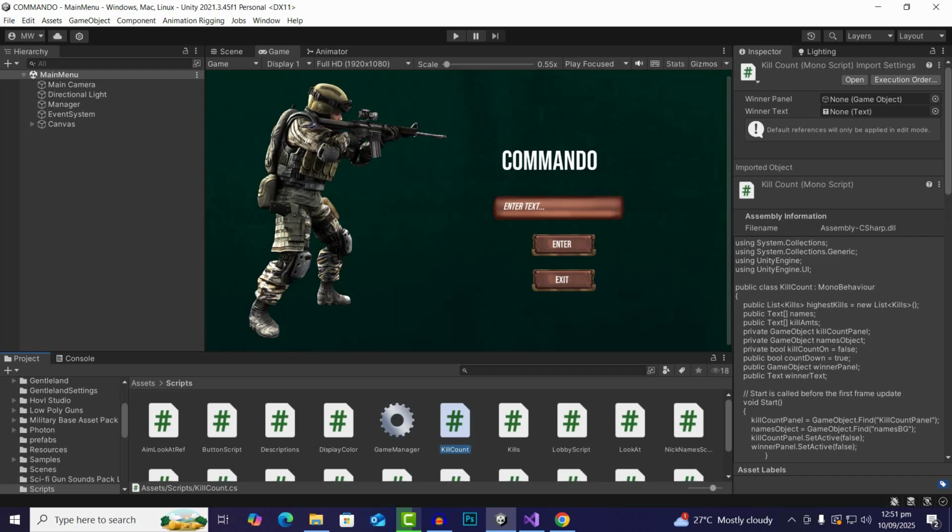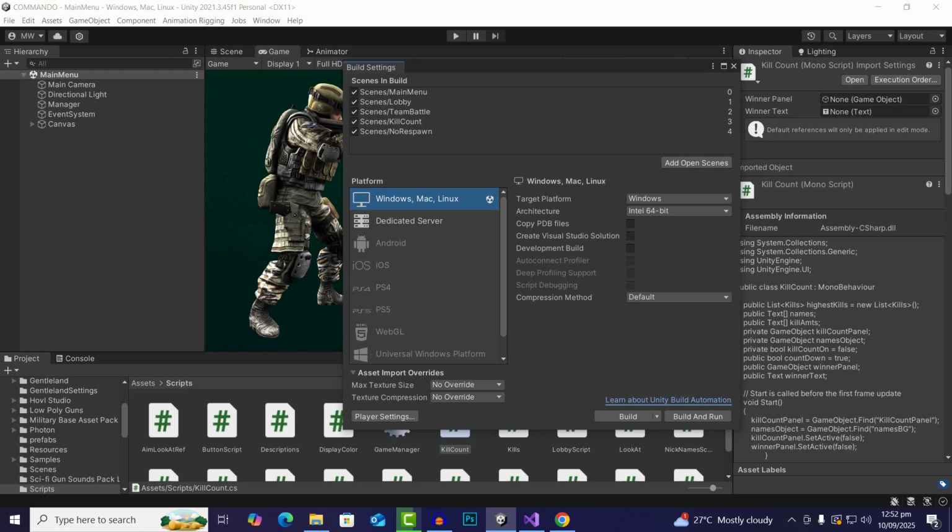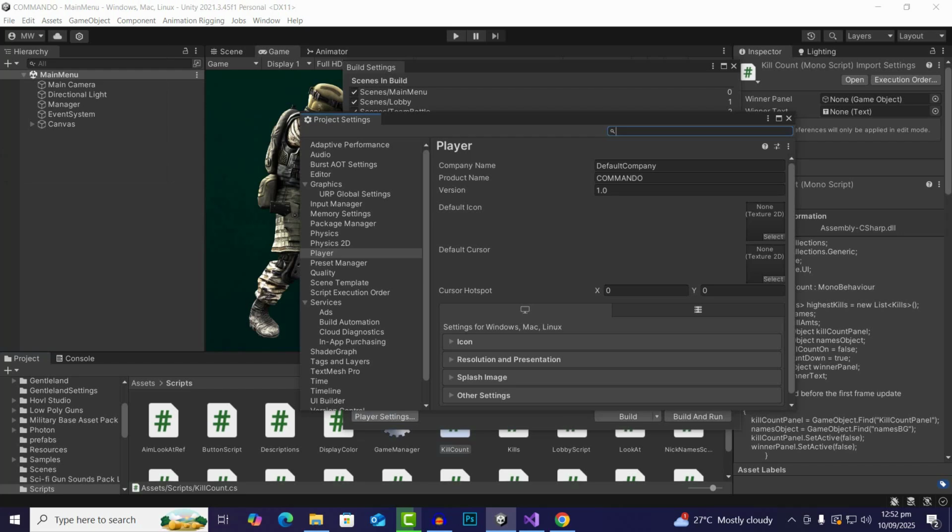In this video we are going to build the game, and for building the game you know the process. We can go to File, Build Settings, and then here we will add the scenes, and then we can go to Player Settings. Here you can add the name of your game. Here is the version. If the version is in beta mode, then you can add